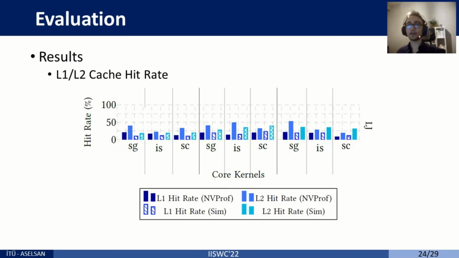We compared L1 and L2 cache hit ratio statistics taken from NVProf and GPGPU-Sim. We observed that L1 cache hit ratio values for profiler and simulator are more aligned than L2 cache hit ratio values. Specifically, for some workloads such as Cora and Citeseer, the simulator indicated memory performance is not well matching with the hardware-based memory performance. This shows us that more validation study is required on GPGPU-Sim's memory model.